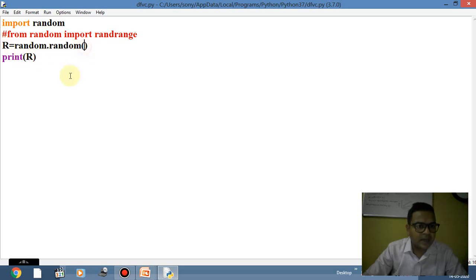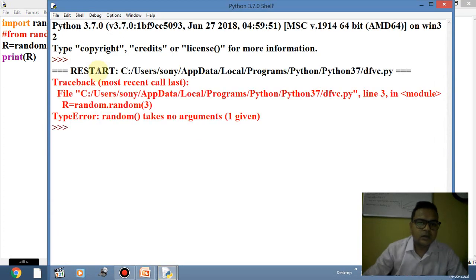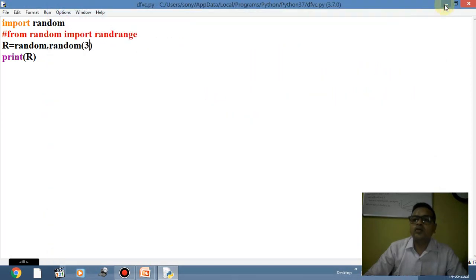So यहाँ पे क्या है बेसिकली, यहाँ पे ये 0 से 1 की लिमिट बताता है, मतलब 0 से 1 के बीच में कितने डेसिमल नंबर्स हैं, ये उसमें से किसी एक को शो करेगा बाय डिफॉल्ट. That is the thing. If I am going to use 3 over there, then we will see how it is going to work. Again, that will have some problem, because random takes no argument. So that makes it clear one thing, कि random function को argument नहीं चाहिए होते हैं.